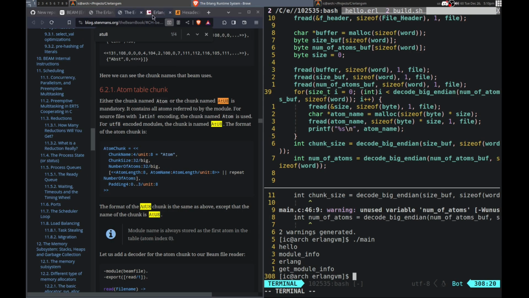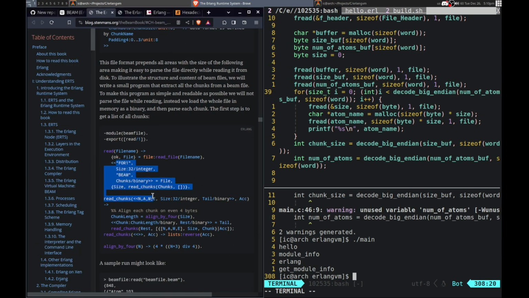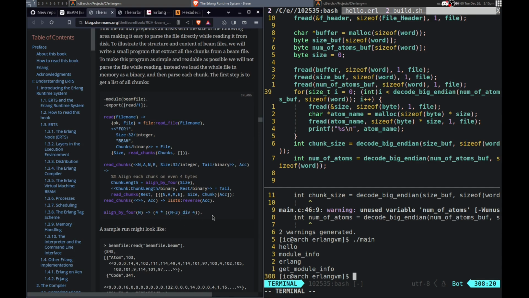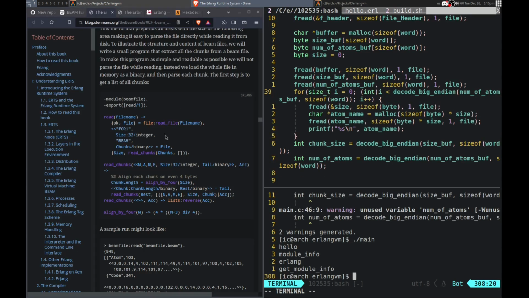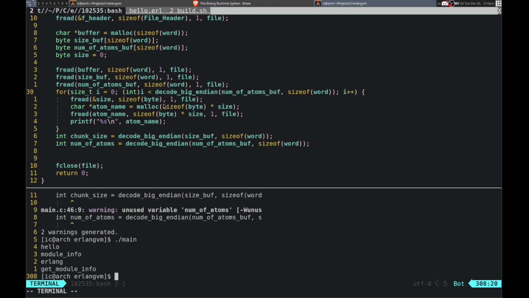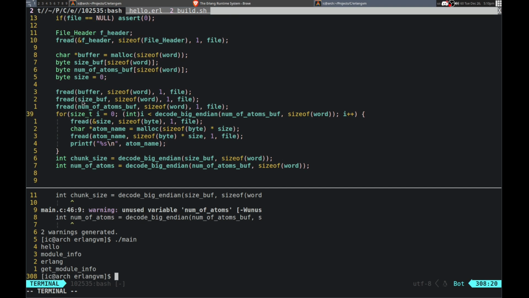If we take a look in here, you need to align by 4. So that's what it is. It was not aligned properly, so there's just the extra padding because it is not aligned by 4. That is what we need to consider as well, because we basically just need to discard the rest of this. Okay, and then we have the code block, it looks like. We need to do that because that is how it works. So align by 4. We need to do that for the chunk length. Okay, so actually we can do that when we get the size buff, I suppose.